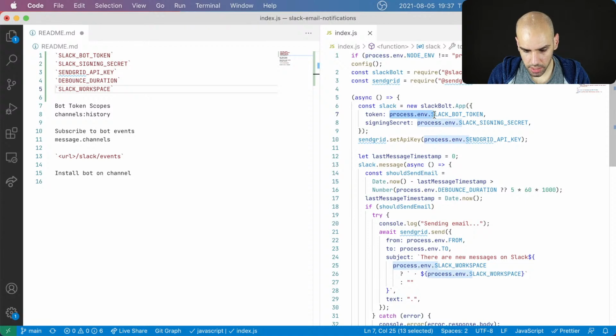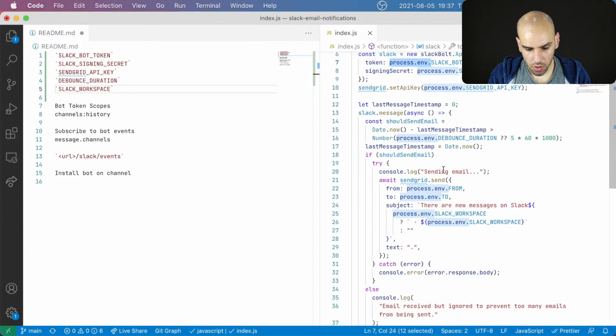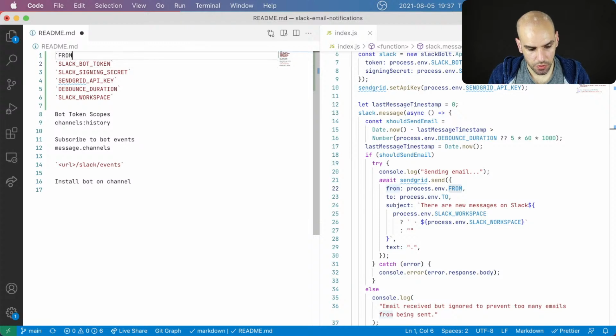So I have the Slack bot token and signing secret and SendGrid API key and debounce duration and Slack workspace. Oh, and from and to, that's super important. I think it should come first actually.